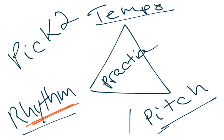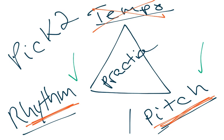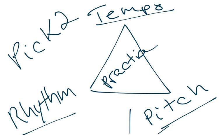Another example might be if you want to do rhythm and pitch, you're going to nail all the rhythms perfectly and all the pitches perfectly, but you're not going to worry about the time. So you're going to do it at the slowest tempo possible that you can nail every single rhythm and every single pitch. Now, clearly I like to keep rhythm in my own practice triangle, but you could do pitch and tempo. And that would be you're playing all the correct pitches